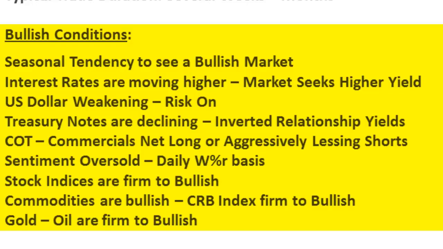Stock indices, hopefully at this time, are firming and or bullish. In other words, you're going to be looking for some kind of failure swing between the major stock indices, hopefully at a key support level. Commodities should be at this time bullish, and we would reference that by looking at the CRB index, and it should be trading firm to bullish at a key support level, and maybe even looking for a buy pattern of some sort, maybe the optimal trade entry, something of that nature.